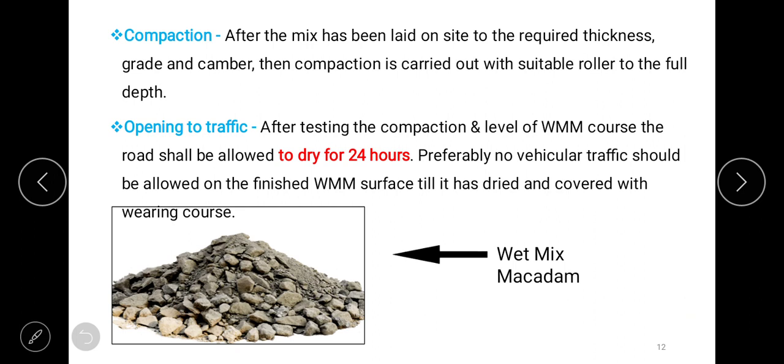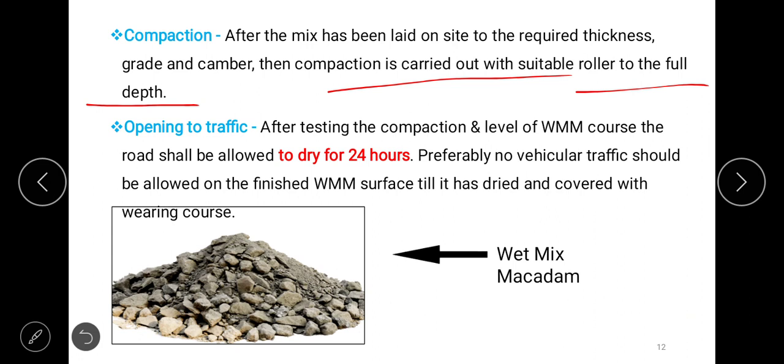Compaction. After the mix has been laid on site by spreading to the required thickness, because it is predetermined thickness and grade and also camber, all these things should be simultaneously carried out in the field. Then compaction is carried out with suitable roller to the full depth, and then we can open up for traffic.